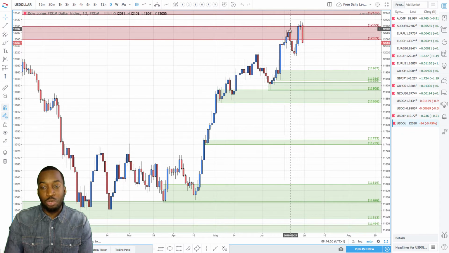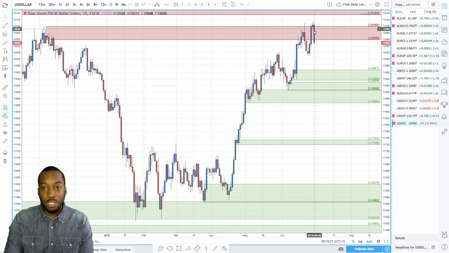Really how you would use the dollar index is you would look at other levels where prices are on the Dow Jones Dollar Index, and then see if you want to get short at that level or long at that level, for example. So we know that we're at a supply zone here, and then you would go to the dollar yen, dollar Swiss, dollar CAD, etc., and see if they're also maybe at a demand zone or a supply zone, and see if you want to be a buyer or seller. So we have this engulfing candle here, potential dollar weakness at the moment. We do have